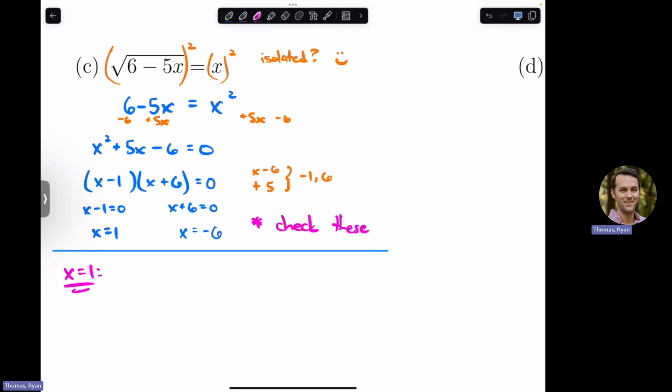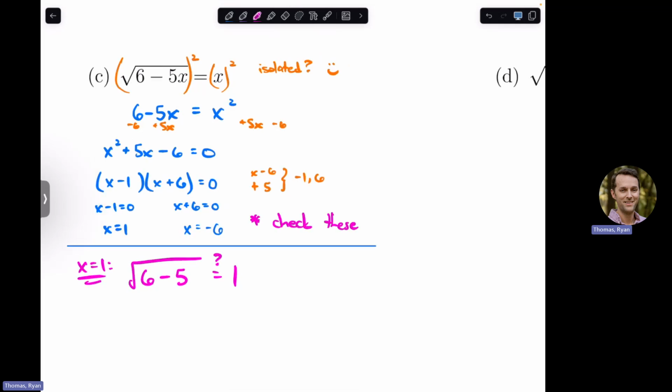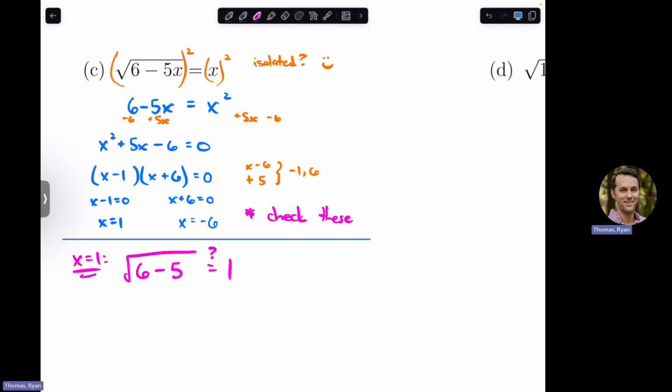If I take x equals 1 and plug it into the original equation, and now I'm thinking about it like a question, is the square root of 6 minus 5 times 1, because I plugged in x equals 1? 5 times 1 is 5, 6 minus 5 is 1. Is the square root of 1 equal to 1? Yes. That's definitely an actual solution then, right? That actually works. If I try negative 6, though,